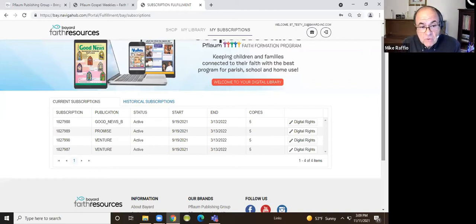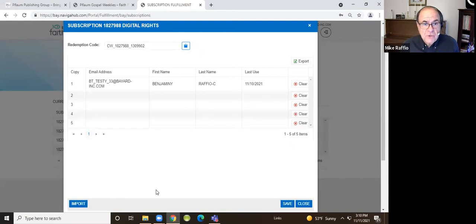You'll notice that if you go over to the right, that this particular order is for 5 copies of each of the editions. If you've ordered 10, 12, 26, 149, whatever your number is, that will show up under the copies. In order for you to be able to give access to your parents and the children, you need to assign them digital rights. And so the last column where it says digital rights, and I know that's a strange term, we don't normally use that for anything else, but in the world here of technology, that's what we're going to use. So if you click on that, Dave, digital rights, this is what you're going to see.